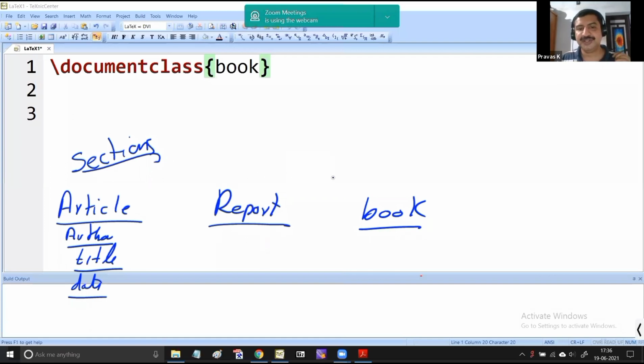Now, what is a book? You can have chapters in a book, you can have chapters in a report, you can have parts in a book, you can have parts in a report. So what is the main difference in a book? Book itself means that it has a standard form that I have to use. So in a book, you can see that